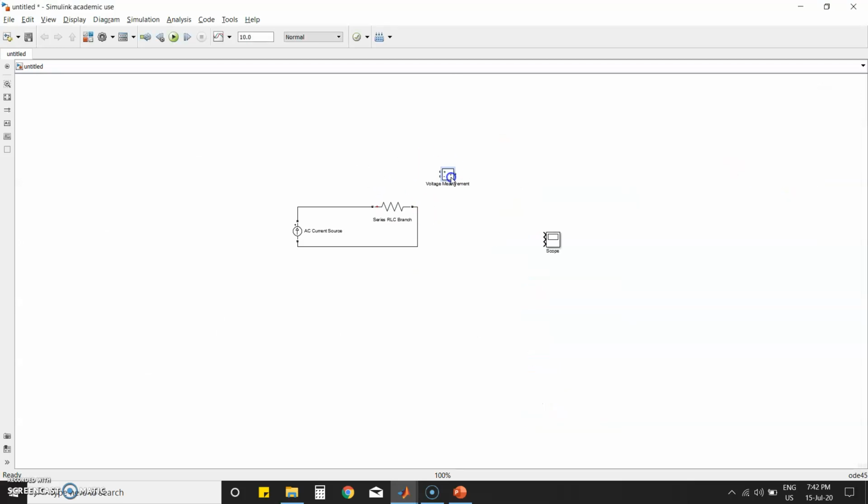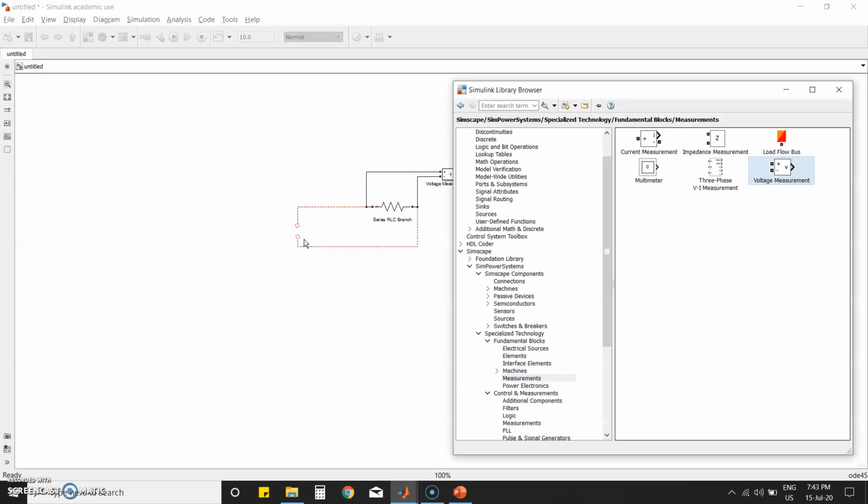The same as your voltmeter, you have to connect this across the load. From the voltage measurement I can give that to the block. In AC current, sorry, this is a current source, we can change it to a voltage source.